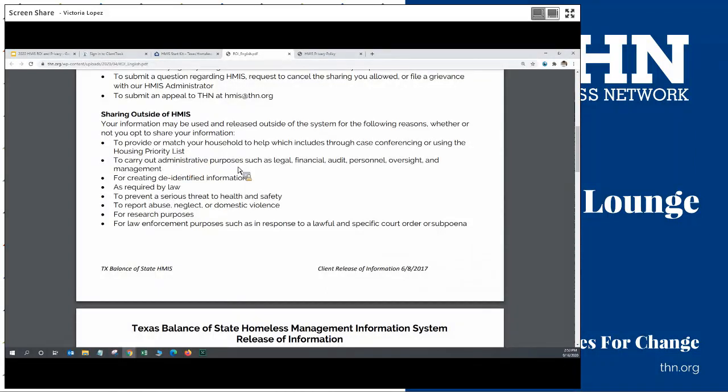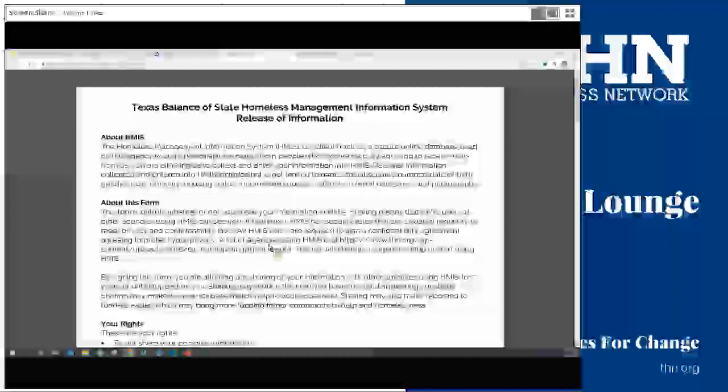To carry out administrative purposes, such as legal, financial, audit, personnel, oversight, and management. For creating de-identified information, as required by law, to prevent a serious threat to health and safety, to report abuse, neglect, or domestic violence, for research purposes, or for law enforcement purposes, such as in response to a lawful and specific court order or subpoena. And that is it.